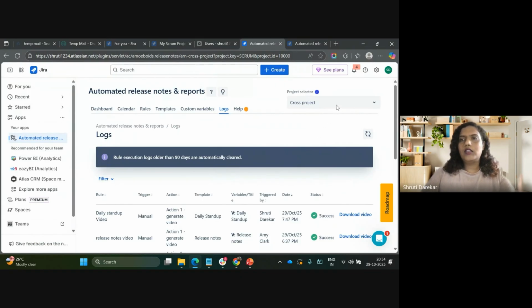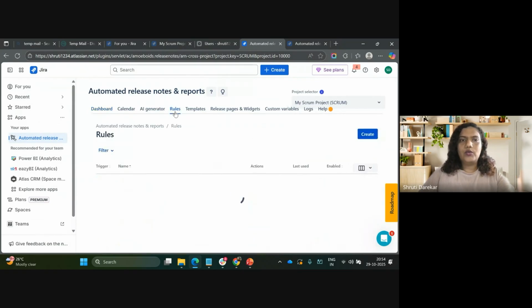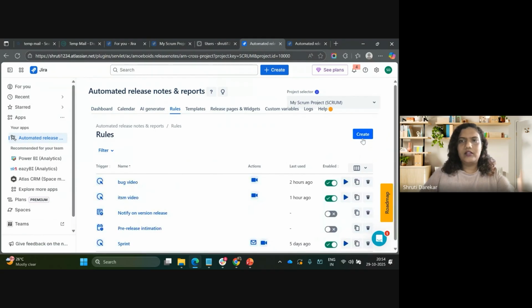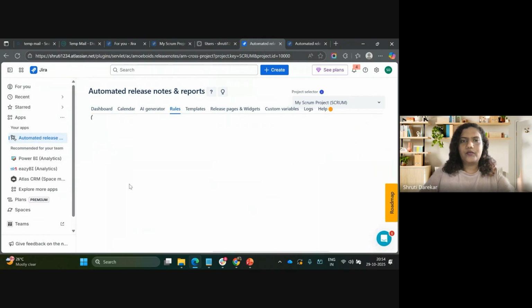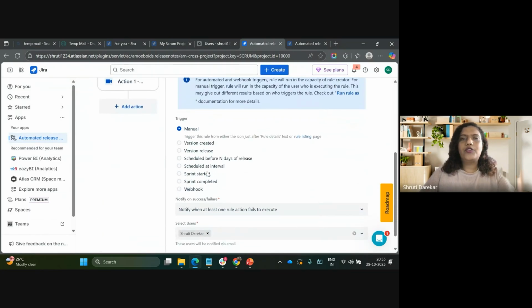There's one more thing that is missing. That is, let me just go to the in project swim, because in cross project, we do not allow rule triggers. So let me just explain some rule triggers to you as well. So when we say automatic, the rule that I showed you, you still had to click on the manual trigger. It was completely manual.